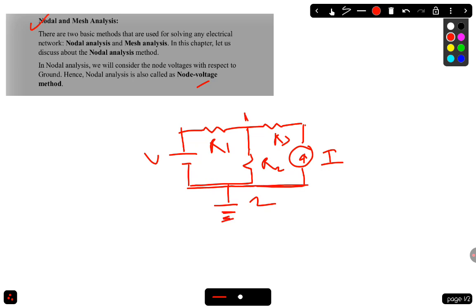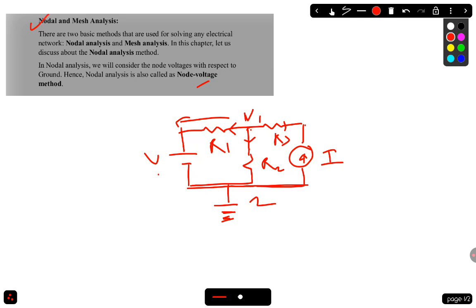And here we have considered voltage V1. So we have to find V1. How can we find V1? That method is known as nodal analysis. First you will assume that the current is going outside this node in all branches. That means V1 is greater than the other voltage source. So what will the current be here? V1 minus V divided by R1, according to Ohm's law.